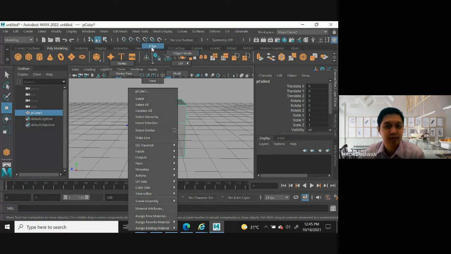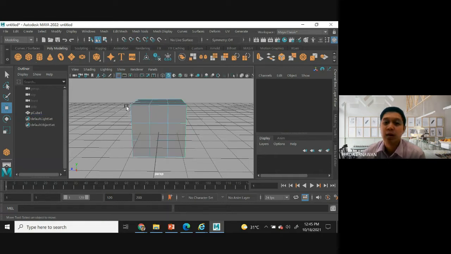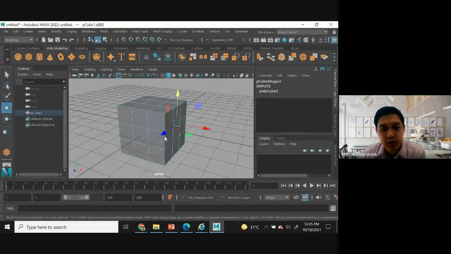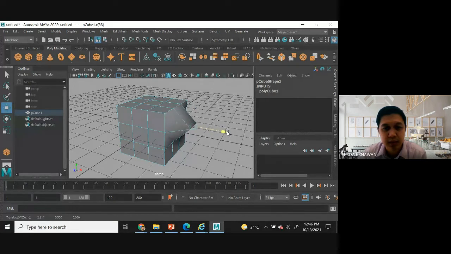Example, I choose the edge, like this. So my cursor will show the edge of each polygon, or face here. I can say polygon or face, either one, it's up to you, based on your preference. You want to say poly, polygon, face, okay. So if I choose this one and then I rotate here, I select this one. If I'm going to move this, these edges, like this example.